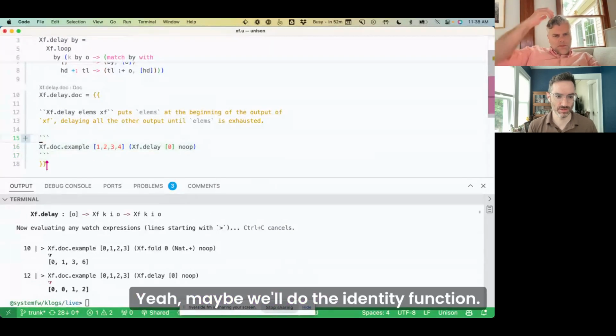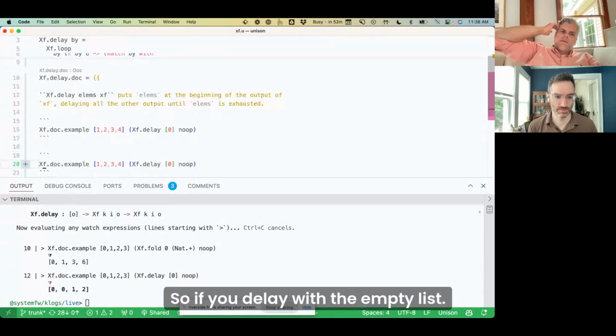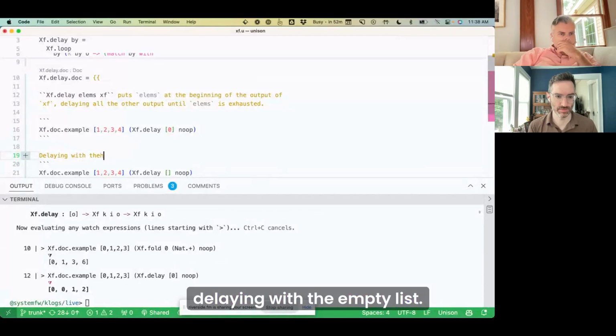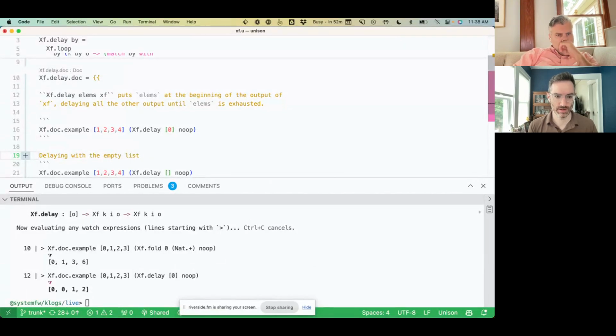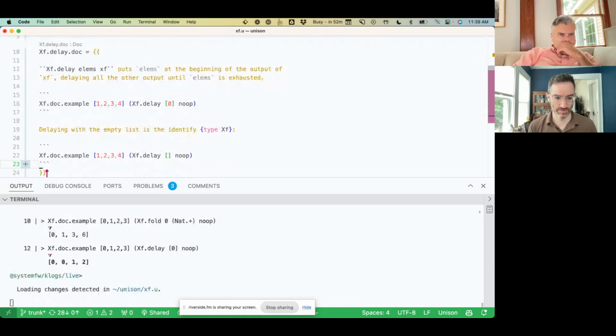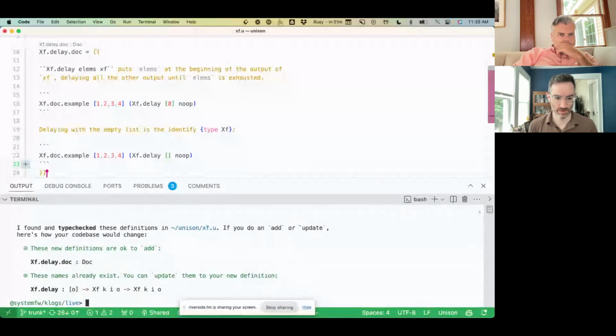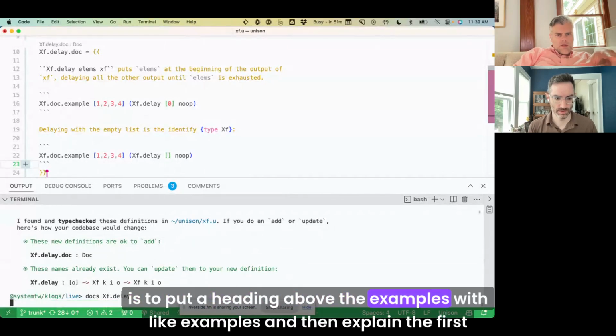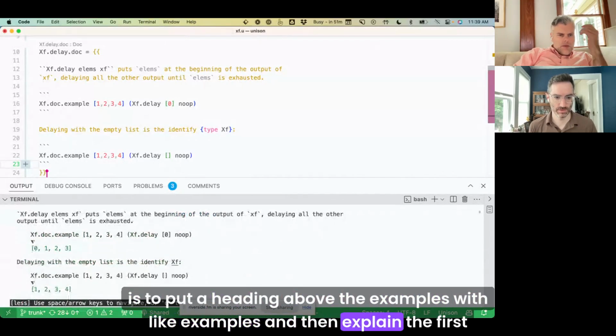All right. Well, maybe let's do the identity function. So if you delay with the empty list, delaying with the empty list is the identity function, or the identity transform. One thing I want you to do is to put a heading above the examples saying examples, and then explain the first example.